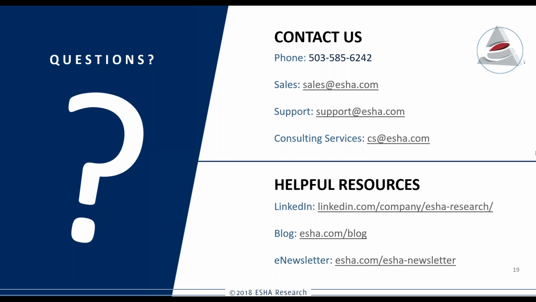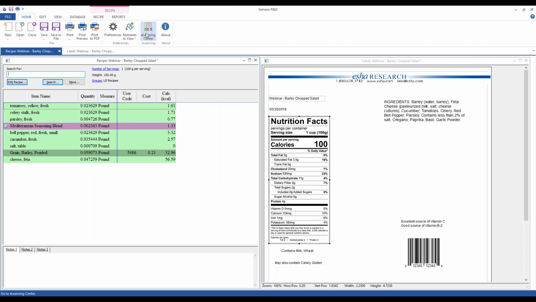The first question, Ben: how do I know what version I have, and what should I do if I have an earlier version of Genesis installed? Absolutely. Within the software, right next to the eLearning Center, we have the About button in Genesis on the Home tab. If you click on About, and I'm not going to right now,